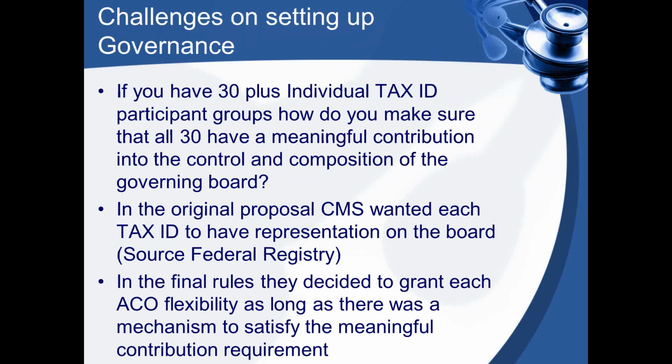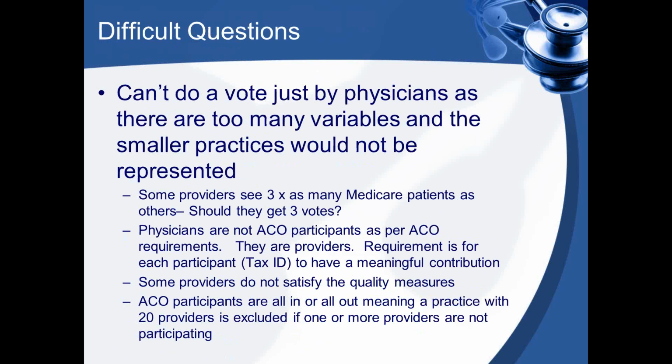Well, like I say, in the original proposal, they wanted everybody to have representation, but in the final rule, they decided to give the ACO some flexibility as long as there is a mechanism to satisfy the meaningful contribution requirement. So basically, each ACO participant has to have some meaningful contribution to how the governing board is chosen. And you can't just do a vote by physicians. There's way too many variables there, and your smaller practices aren't representative. You have some providers, even the small practices, see 3 times as many Medicare patients as others. They get 3 votes. Some physicians